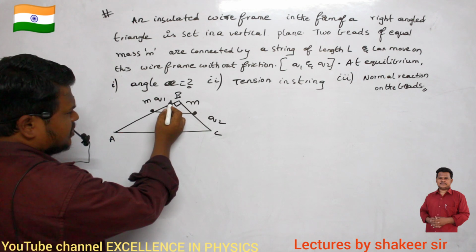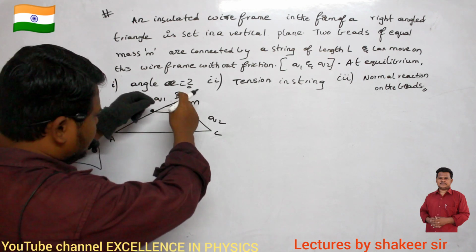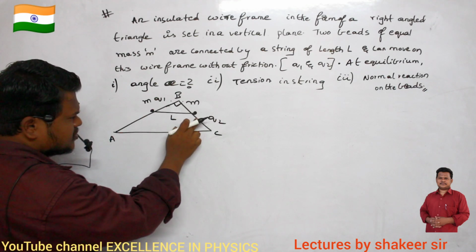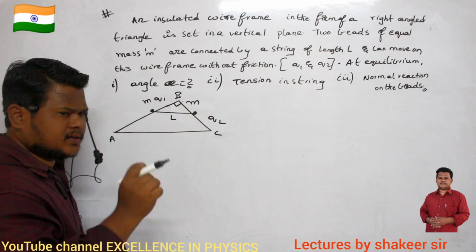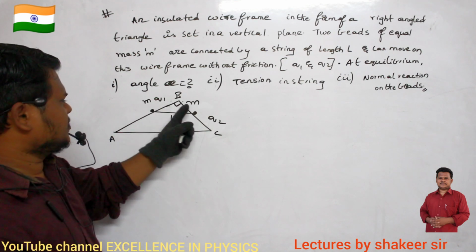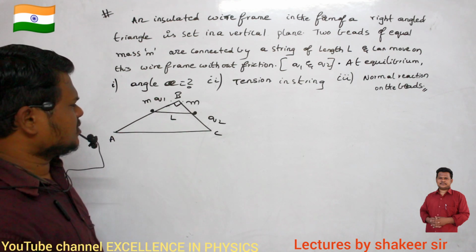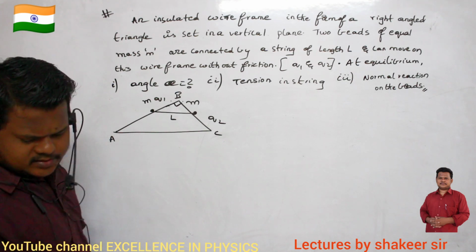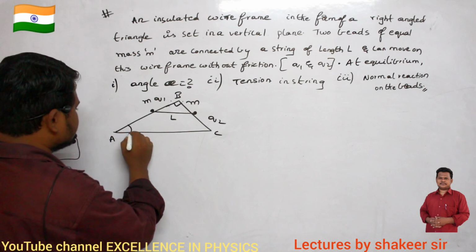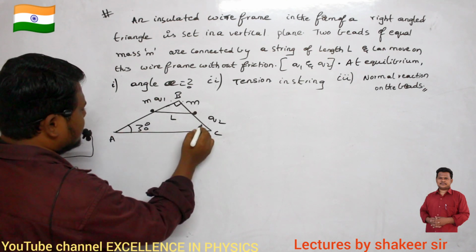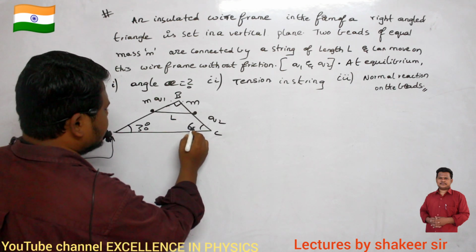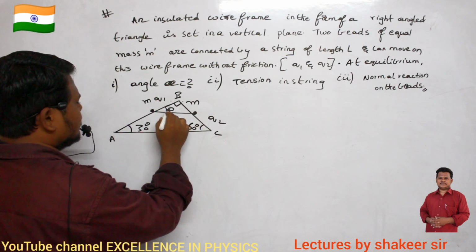So we are releasing both of them from here. If I release them, they start moving downwards, no? And after reaching this position, these beads are in equilibrium. So the masses are M and M, and the charges possessed by them are Q and Q. Some more information is also given. It is given that this angle is 30 degrees and this angle is 60 degrees. And this angle is alpha.